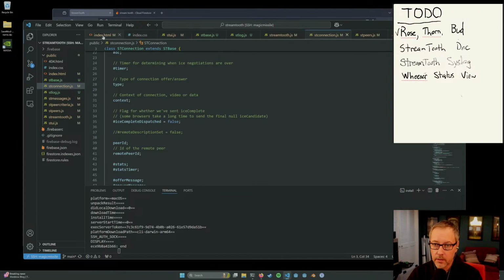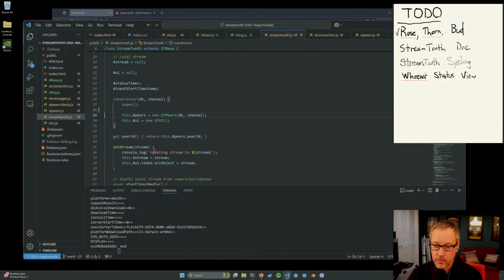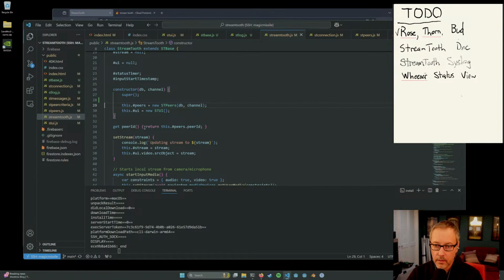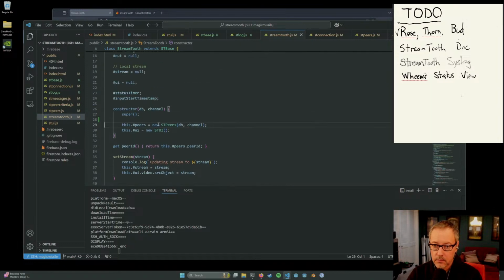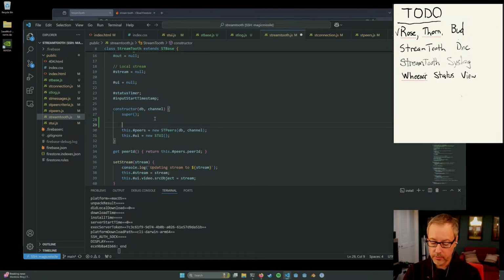No, not ST connection. Streamtooth. Here's Streamtooth. All right. So now, once we're to this point, we should be able to this dot info starting. Okay.